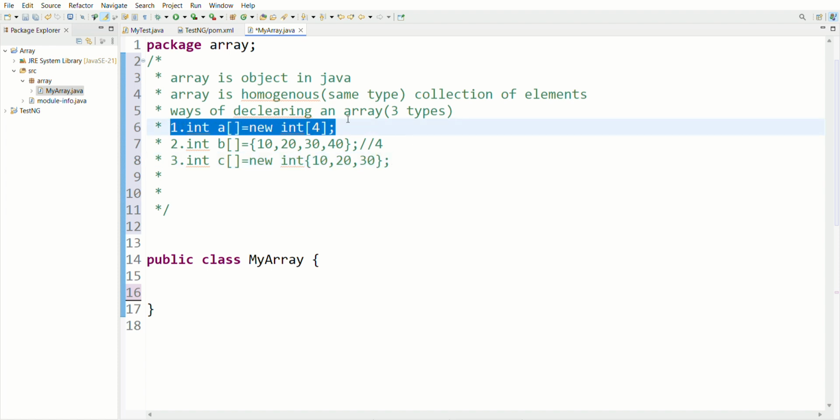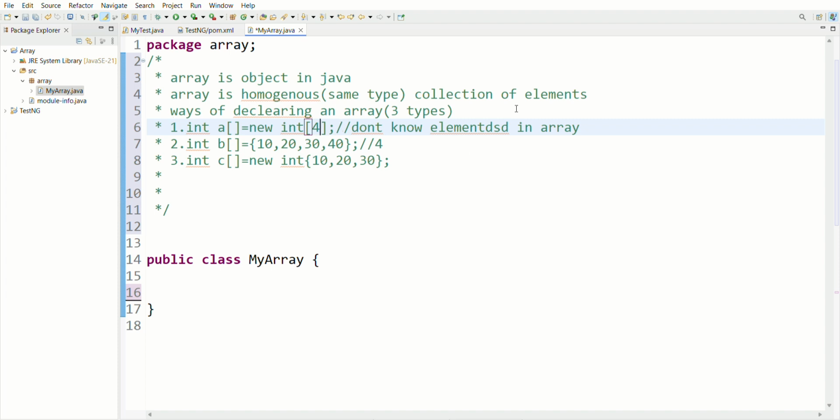When we are creating this type of array, it is when we don't know the elements of the array. Maybe my elements will be inserted at runtime. The user will insert some elements in the array. At that time we need to create this type of array, because I have passed size 4, so the user can enter 4 elements in this array.